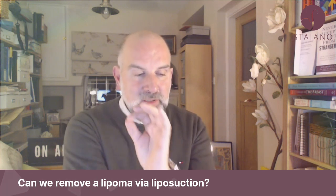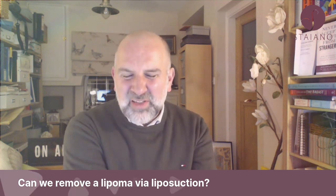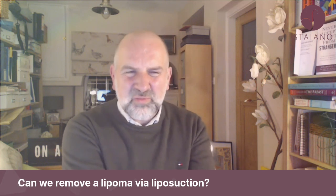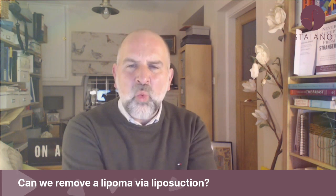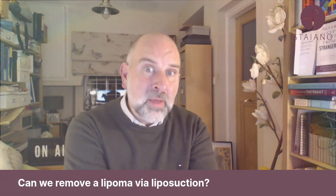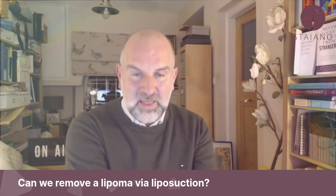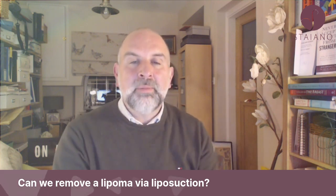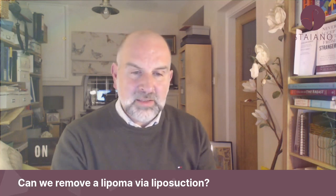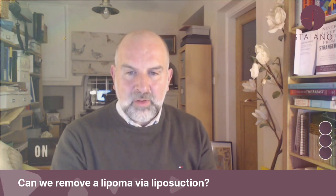The good thing about liposuction is it's just little stab incisions. The problem with liposuction is you can't really send it for histology, or at least it's more difficult. You could potentially send a lipoaspirate for histology, but if you think it might not be a lipoma or might be something else, you wouldn't really want to be doing liposuction, because you want to be sending that specimen off as a discrete thing, so they can have a proper look at it and be absolutely sure what it is. So you'd have to be completely sure it was nothing worrying, because of the histology side